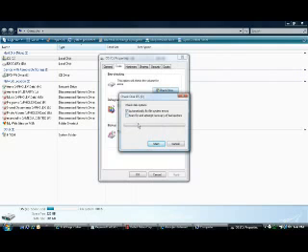Now the reason it has these two options is that that's a 3-stage check and that's a 5-stage check, and that's going to scan every single part of your hard disk, which can take some time. So it's worth doing once a month or so, just overnight or something like that when you can leave it. But for just fixing errors, you could just leave it with the one that's ticked by default. Now when I click Start,